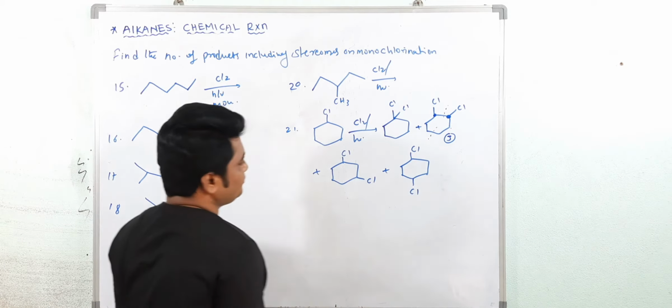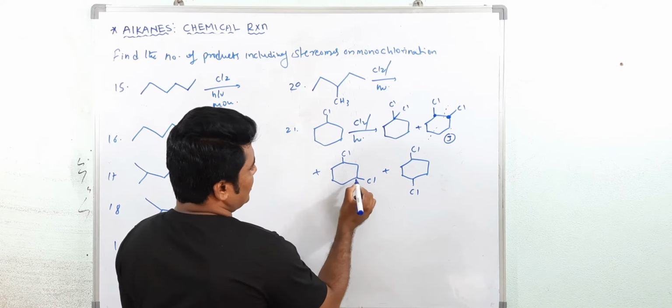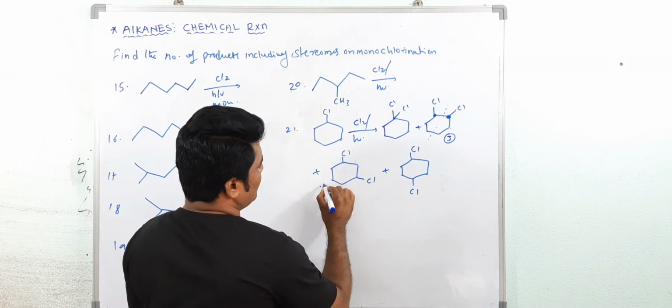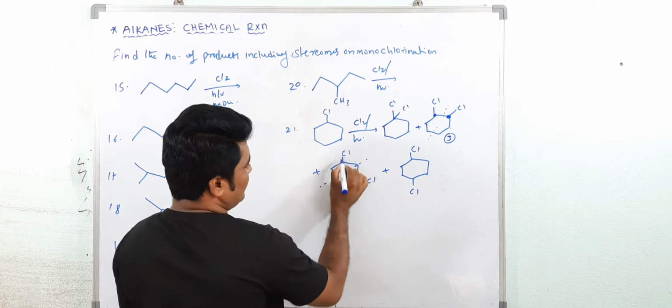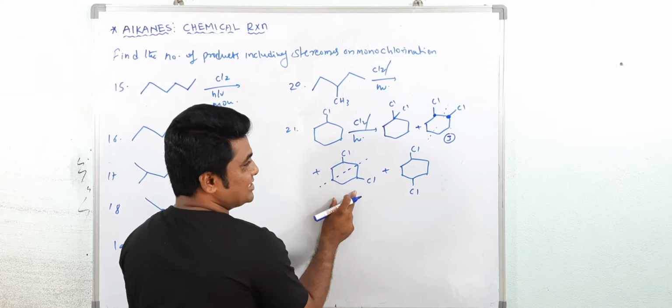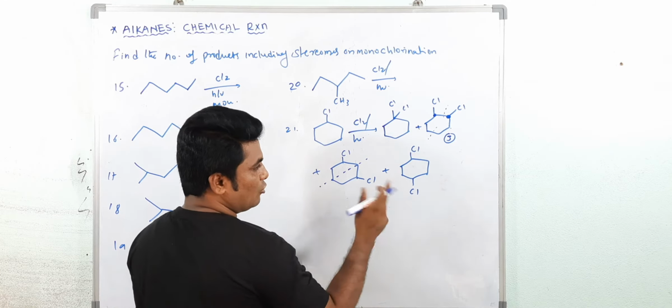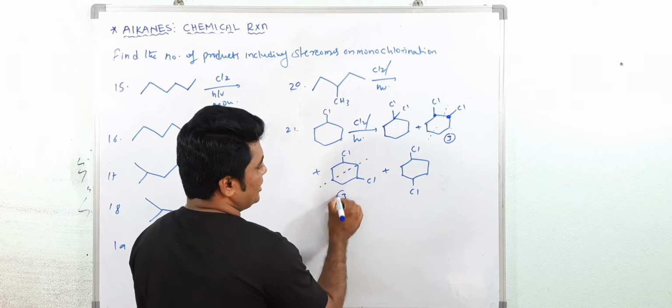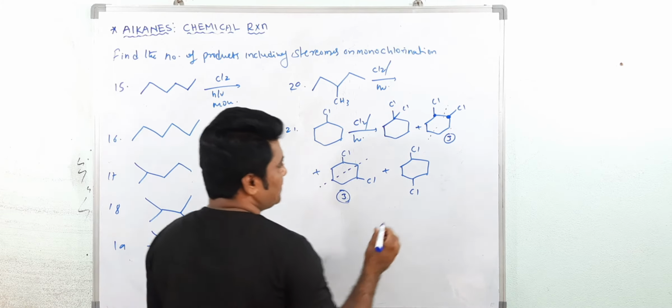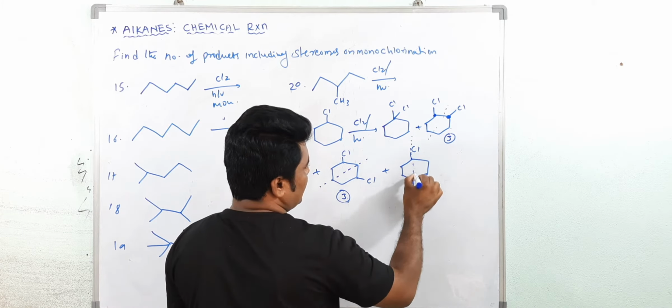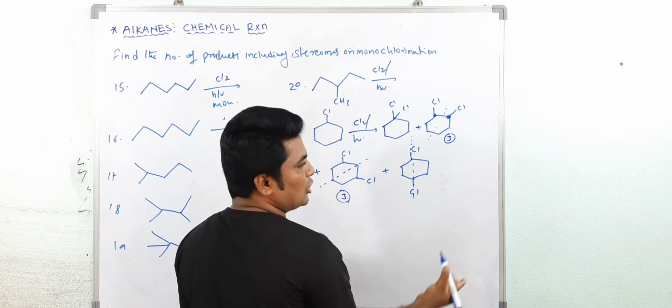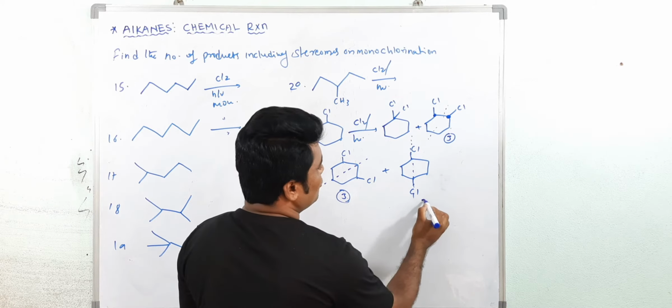3 you will get. Here also see, is there a mirror image? See, optically inactive. Mirror image, mirror image. So cis is optically inactive, trans is optically active, as a mirror image. 3 you will get. See here, this is what? Plane of symmetry. Both cis and trans are optically inactive. Only 2 you will get.